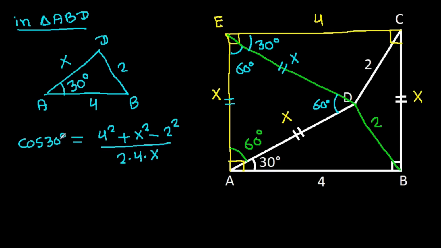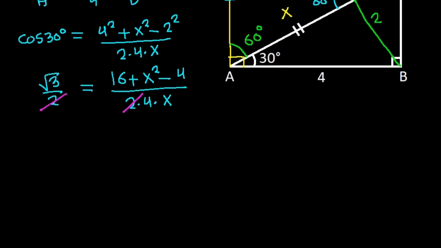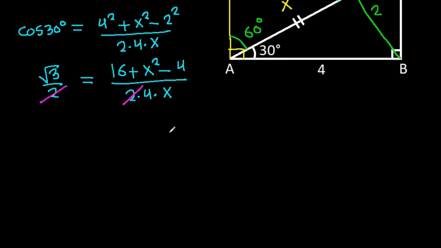And cos 30 degrees is square root of 3 by 2, so it is (16 plus x squared minus 4) by (2 times 4 times x). And 2 will get cancelled, and if we cross multiply, then 4 times square root of 3 x will be 12 plus x squared,